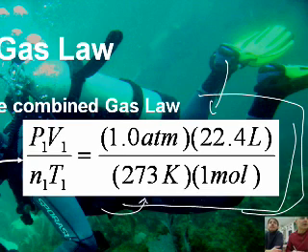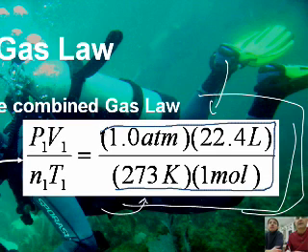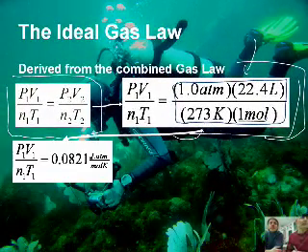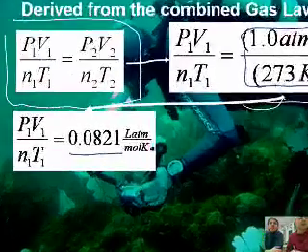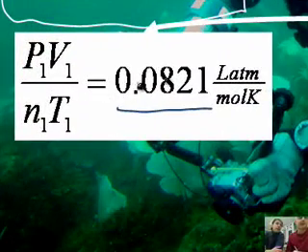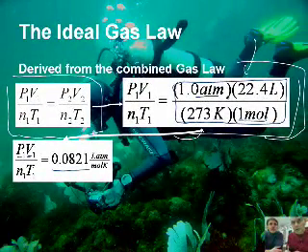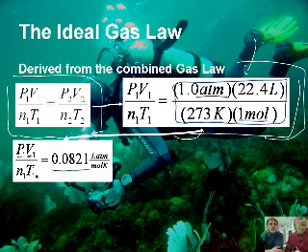And if you take this number right here, 1 times 22.4 divided by 273 times 1, you get a kind of a famous number. So what you get here is 0.0821. Now that's some funky units it's got there. It's liter because of the volume, and then atmosphere because we used atmospheres over here. And then we had moles, of course, and then we have Kelvin. So liter atmospheres over mole Kelvin. That's the units for it.